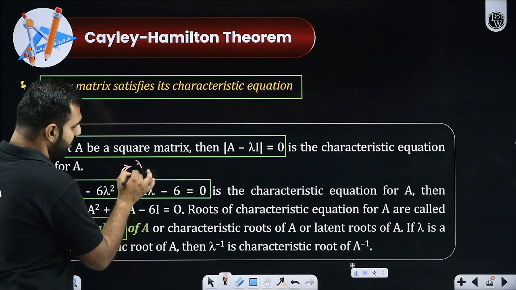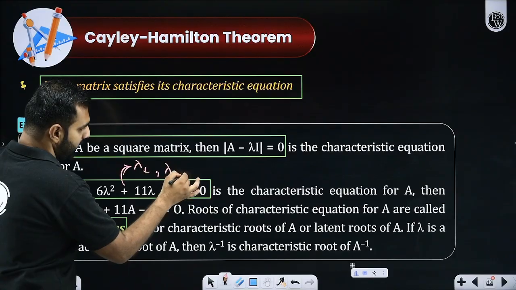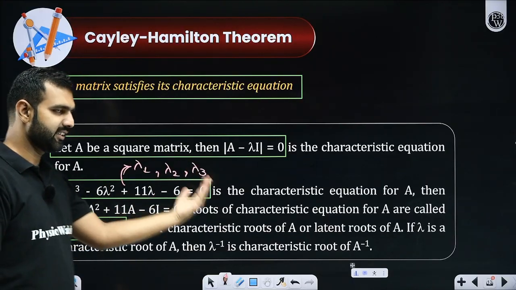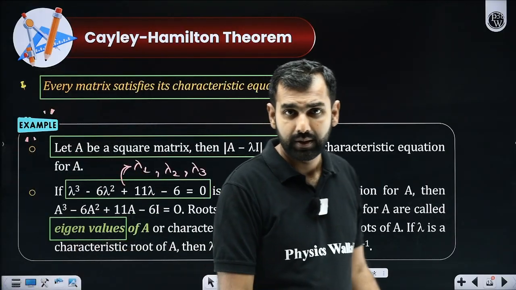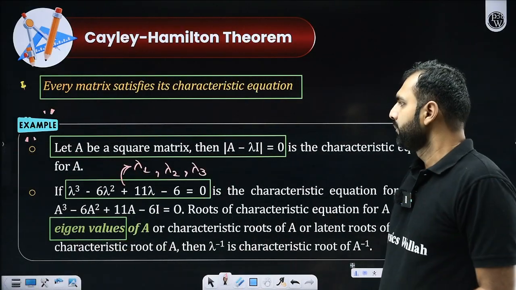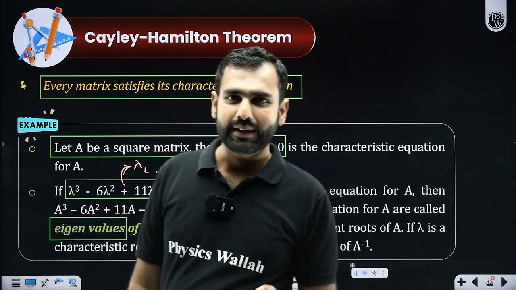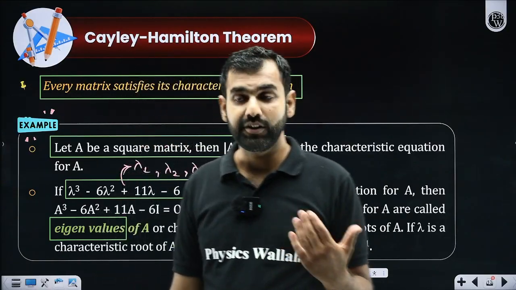So since it is cubic, I'll get 3 values of lambda. Let's say lambda 1, lambda 2 and lambda 3. So these are the 3 values of this cubic equation in the variable lambda. These 3 values which I'm going to get are called the eigenvalues of